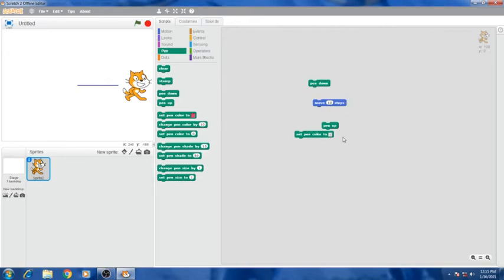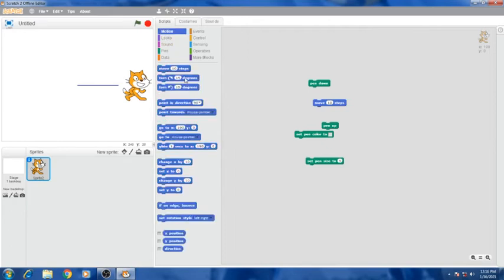And the next one is set pen size to 1. That is the thickness of the pen. If you change this one, you can click inside it and change the pen size to anything. And see, if I turn the sprite, pen down, and set pen size to 5, and move 10 steps, see the thickness of the pen. We changed the pen color to ash color, that's why you can see the line in ash color.